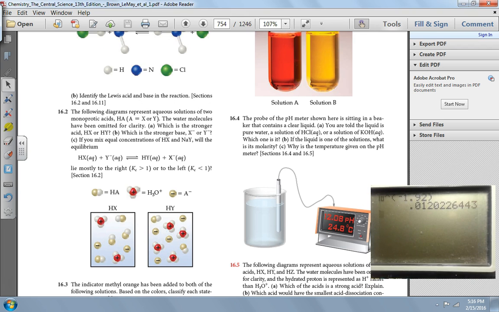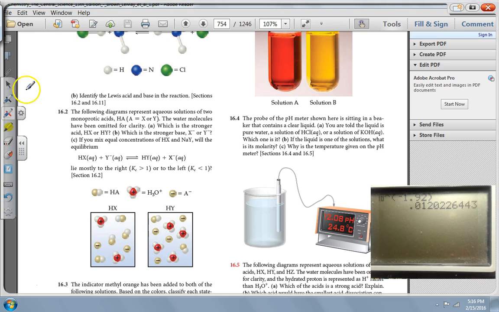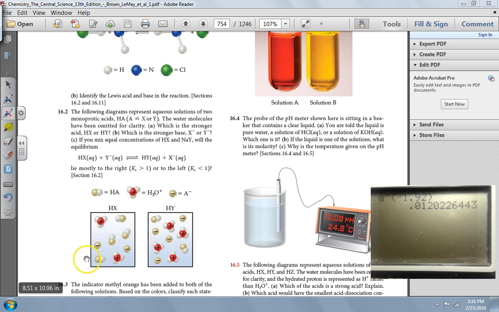Now, the last part says, why is temperature given on the pH meter? Well, this is an equilibrium question. What is the only thing that affects the equilibrium constant? The only thing that affects the equilibrium constant is temperature. So now if we are thinking about equilibrium constants here,